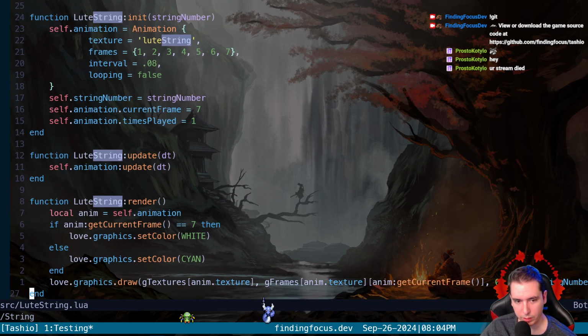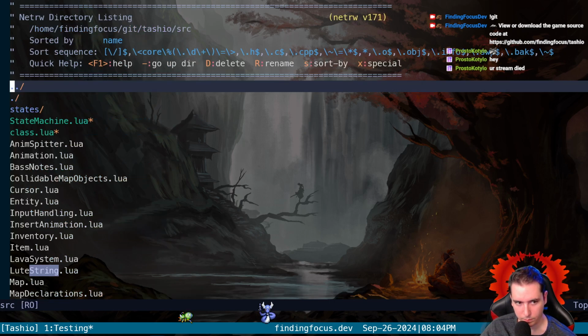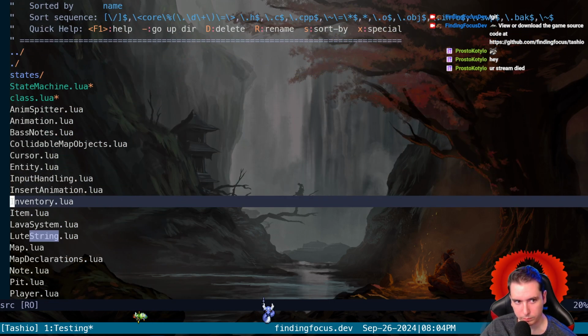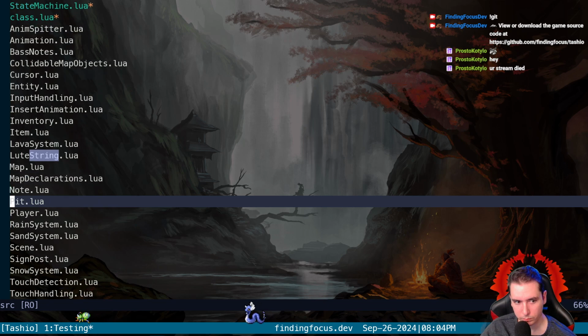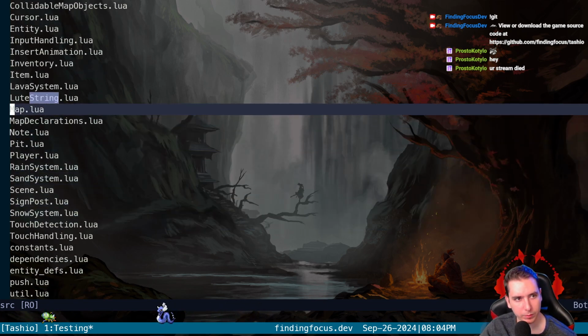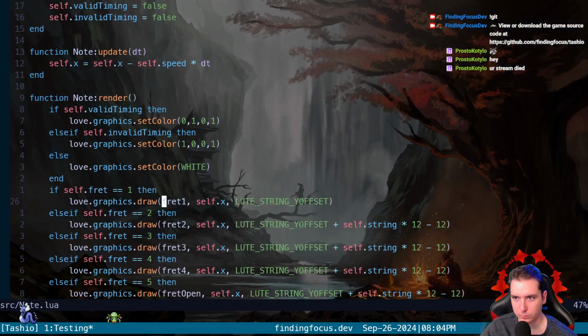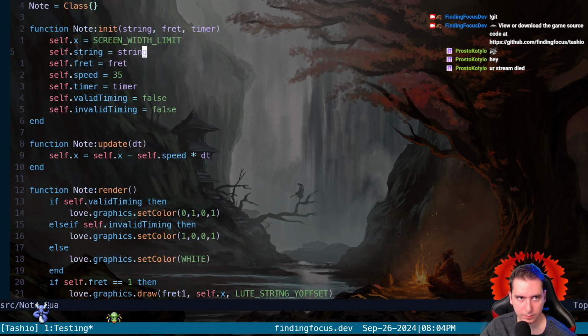Lute string. We don't have a fret class. Okay, so how are we rendering the frets? We're rendering it in the note class. We gave every note.